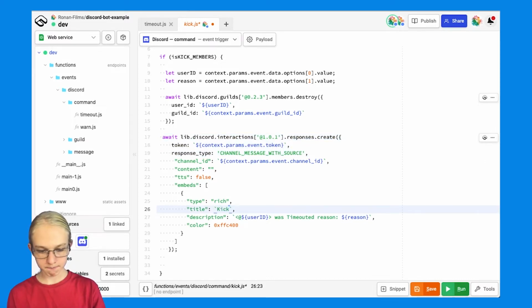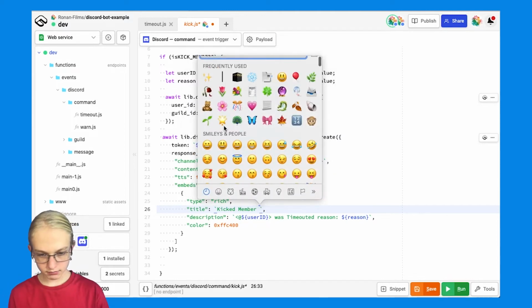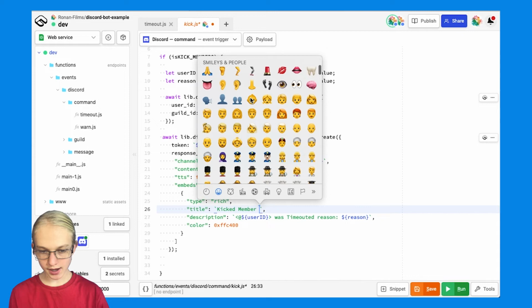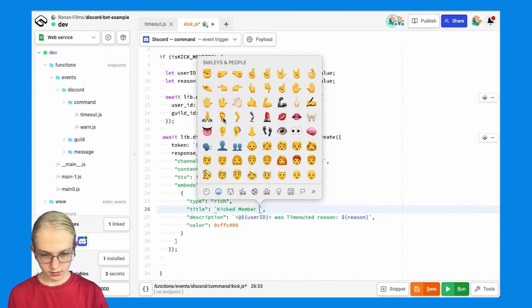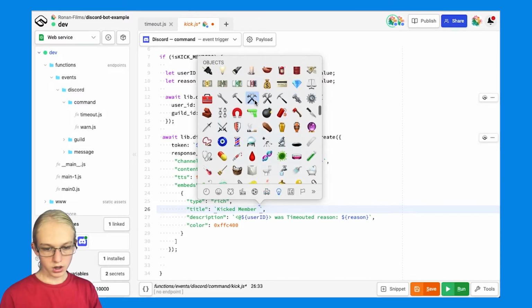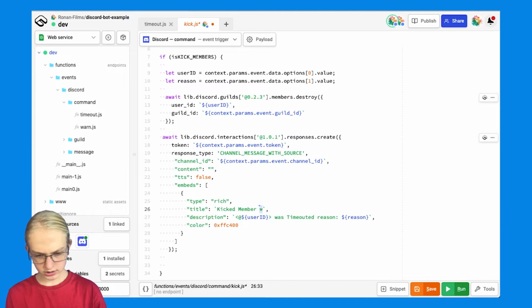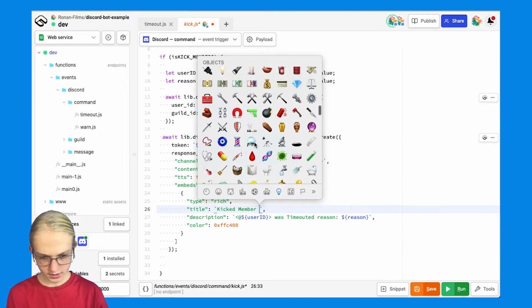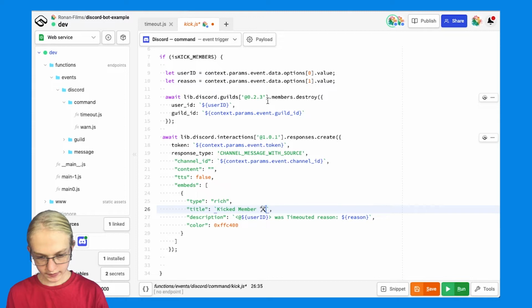I'm just going to type kicked member and get a message, emoji, whatever you want. I'm going to find something that'll be appropriate. Also, I'll just grab this. Oh, why is it like that? Sometimes some emojis are just terrible. Like that. And you want to copy it and just paste it on the other side if you want. And we're going to do user was